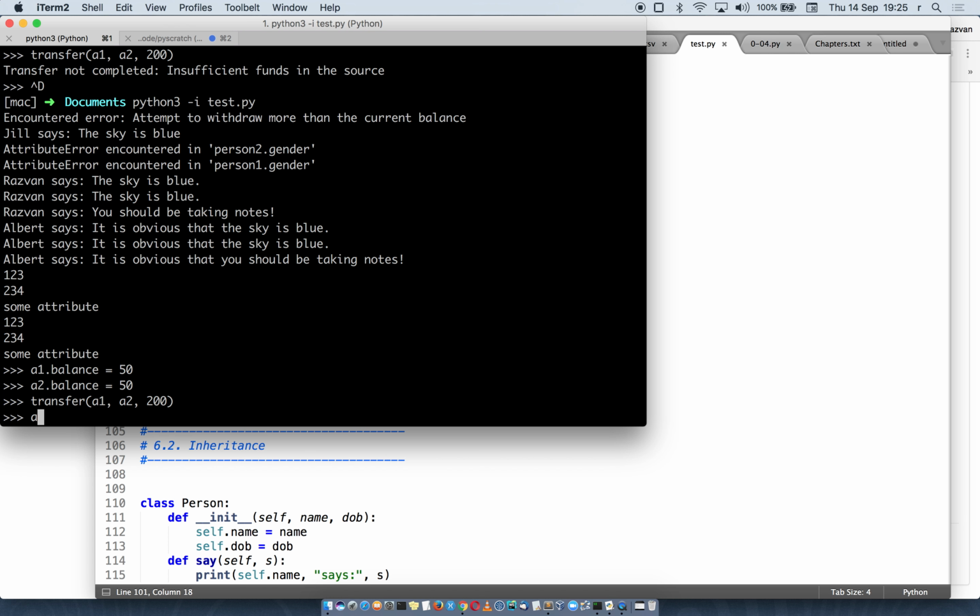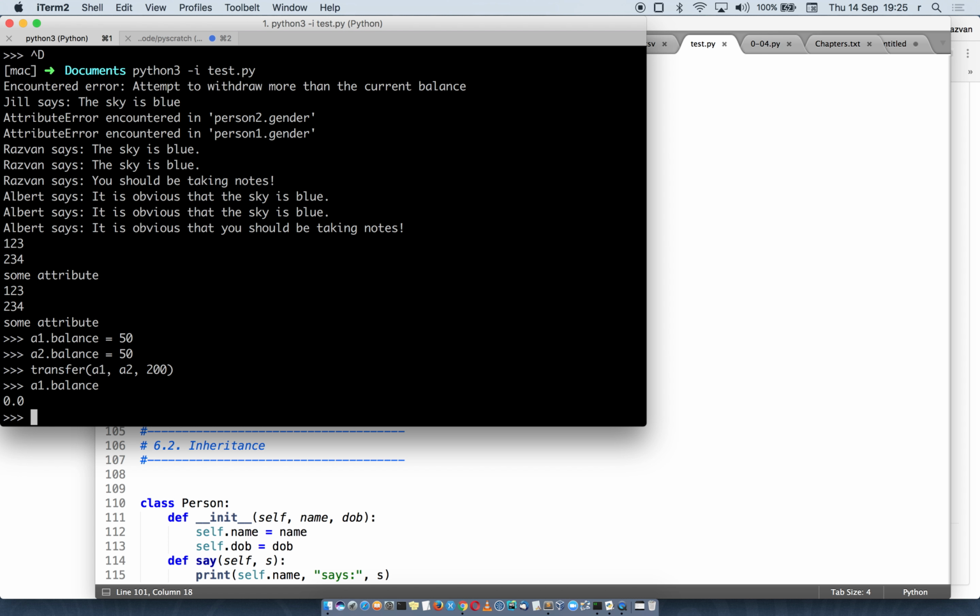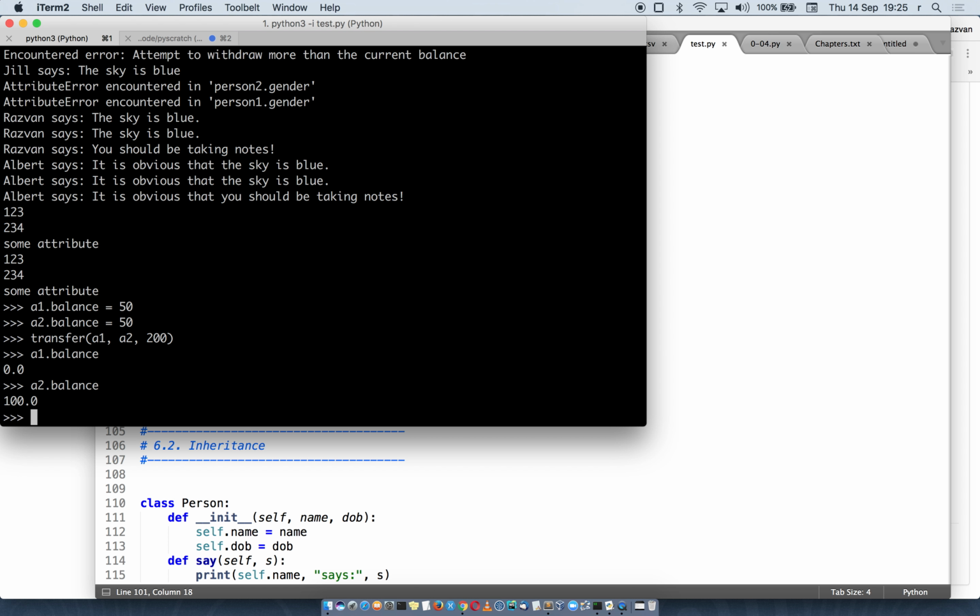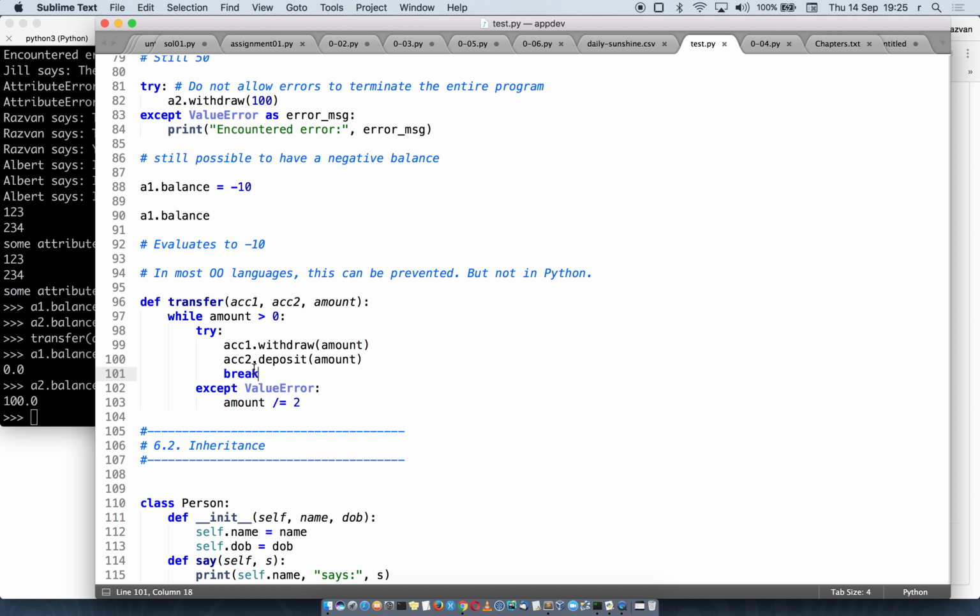So A1.balance is 0. A2.balance is 100, right? So 200 became 100, 100 became 50. At that point, the transfer was possible. Okay. So is it clear how